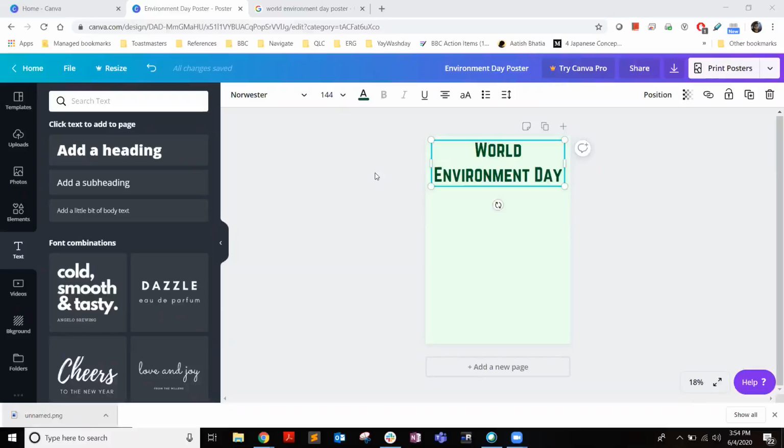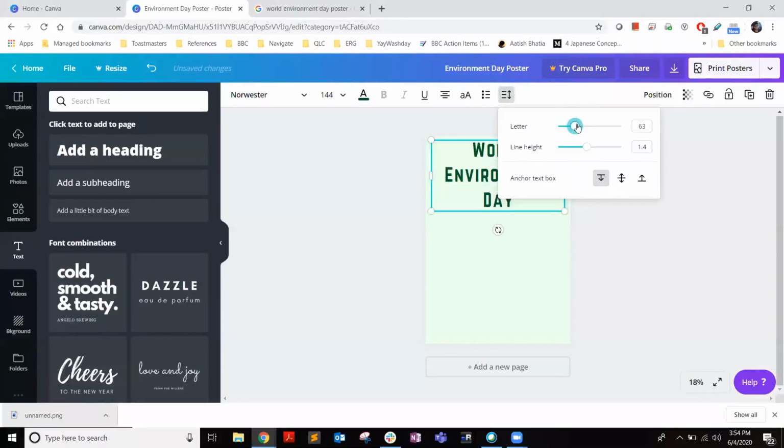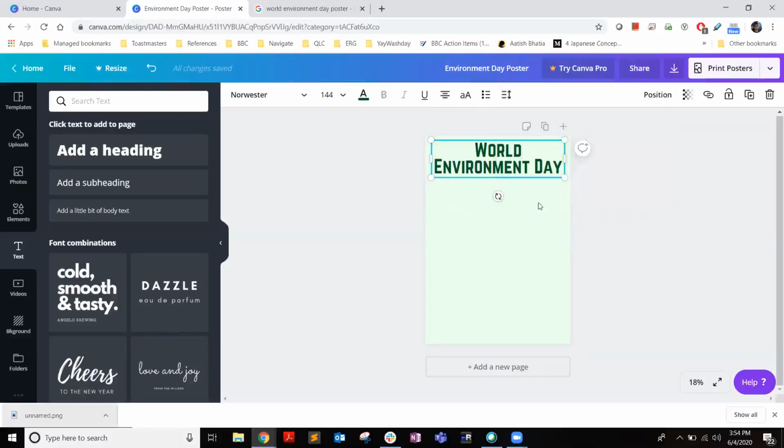Let me move to my screen and show you. Select your text and click spacing. Spacing helps us adjust the letter spacing. You see how in the background, the space between the letters is increasing. We'll set it back to the default, and also the line height. When there are multiple lines in the poster, we can use line height to increase or decrease the distance between lines. You see how it's the same line, but the distance between the lines has increased. So we'll reduce it slightly. By default, it was this much. I'll make it this much so that we get some more space.